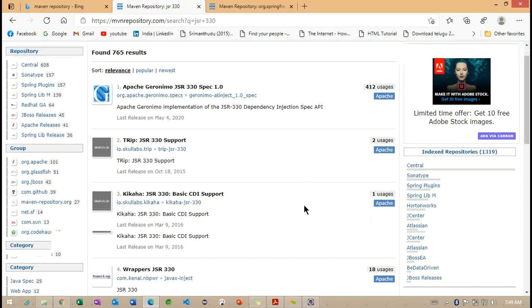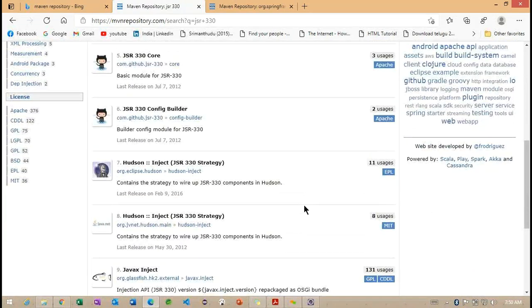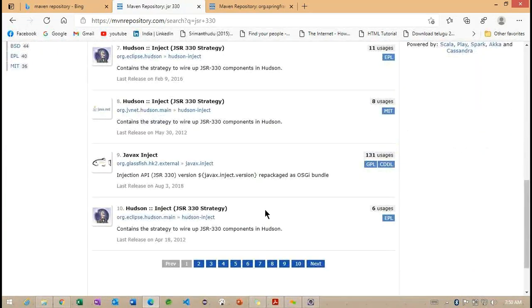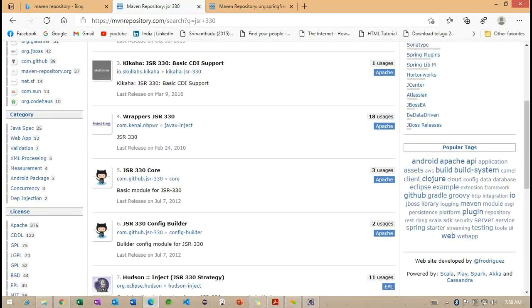Searching for JSR support Apache. Where is this JSR added? JSR is the most common approach, a Java annotation type.